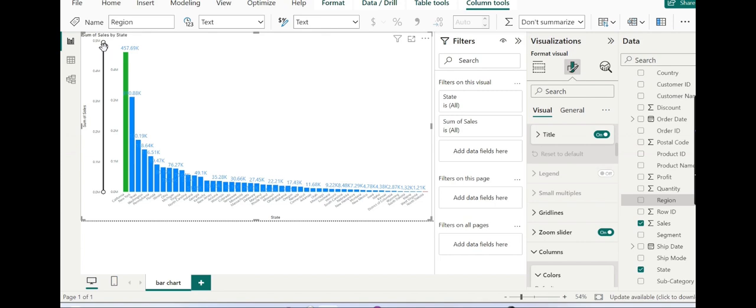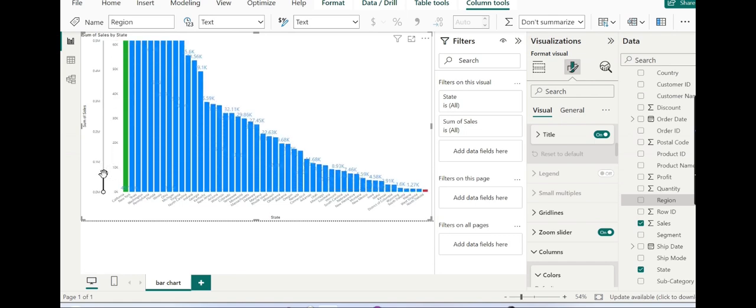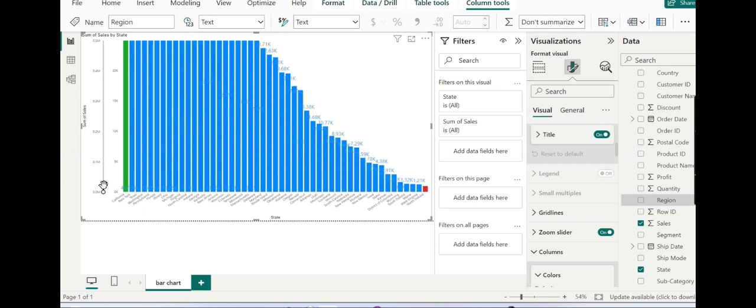We will just scroll it down further, and you will see by scrolling it down further we can see even the lowest bar, which is North Dakota, and which is really visible here.